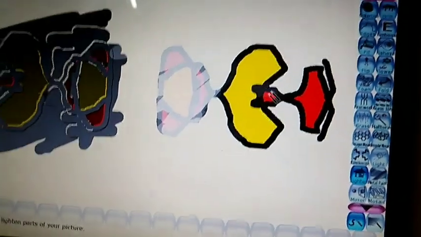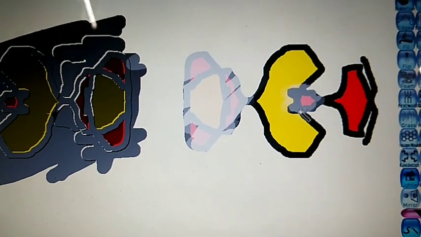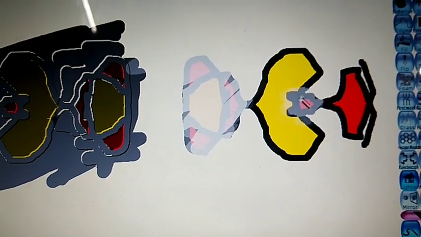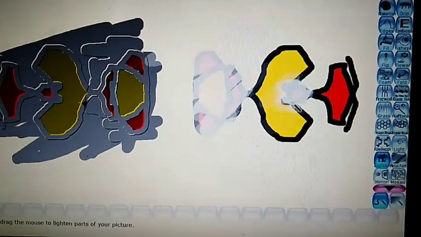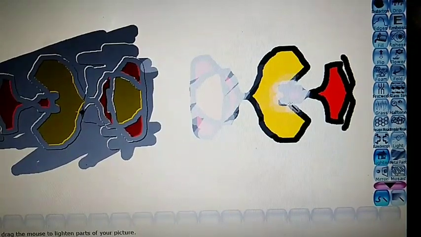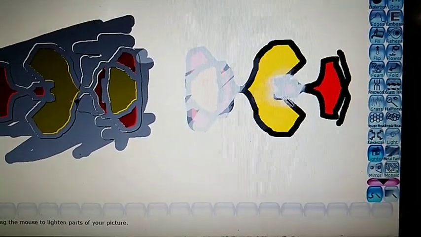Like I am using here, so only this part of the drawing. So it will lighten this part of the drawing like this. See, the part of the drawing where you are using lighten effect, it will lighten that part of the drawing. That is the work of lighten effect. So all might have understood these four effects: emboss effect, kaleidoscope effect, mosaic effect, and lighten effect. So these four tools were given in your book.